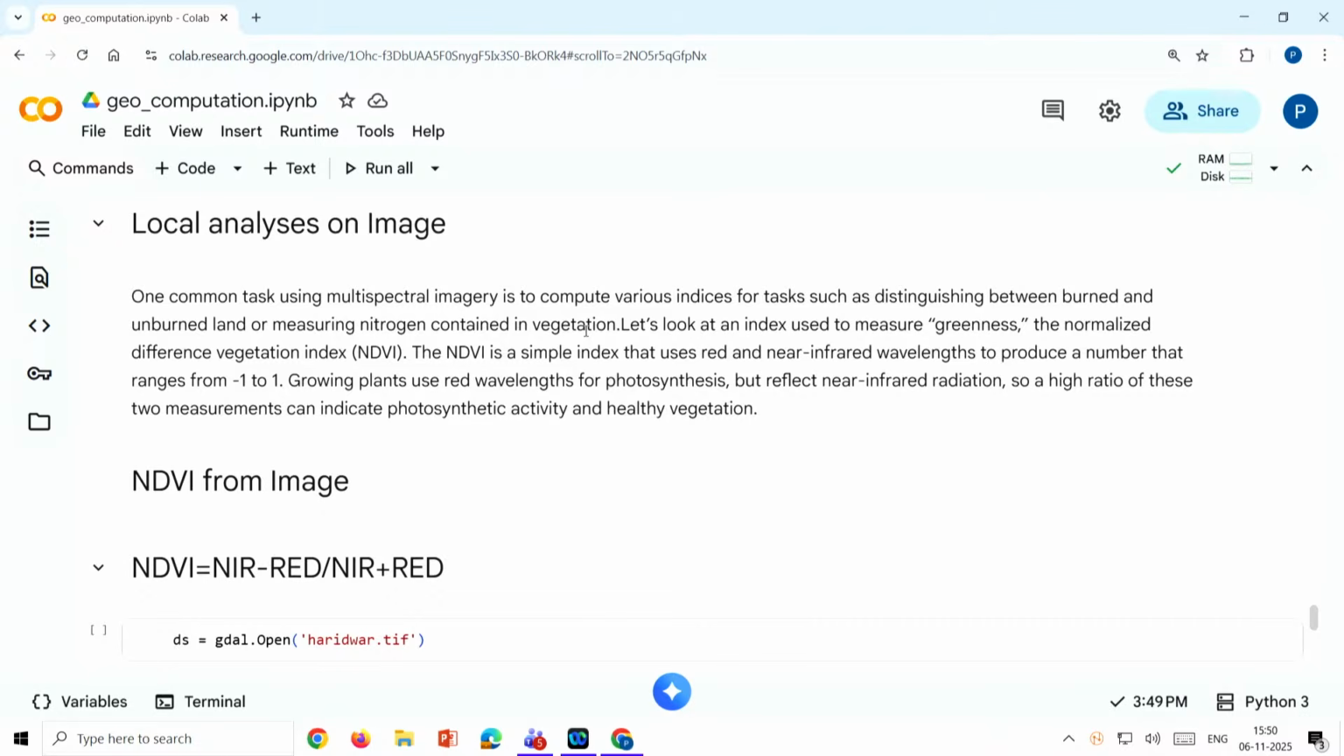So that is what is called local analysis. When we apply a certain mathematical operation on every pixel on our image, that is called local analysis on an image. One common task using spectral imagery is to compute various indices for tasks such as distinguishing between burned and unburned area, vegetation and non-vegetation, or identifying water and non-water, right? So calculating indexes is one very common task in the remote sensing community, remote sensing application,